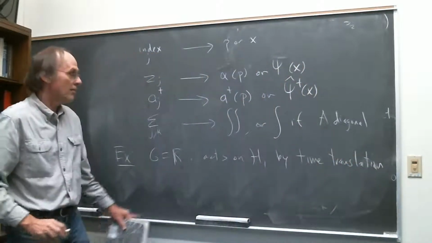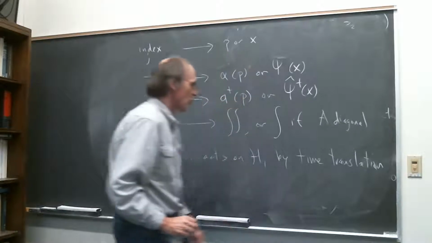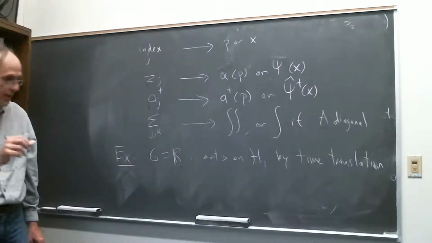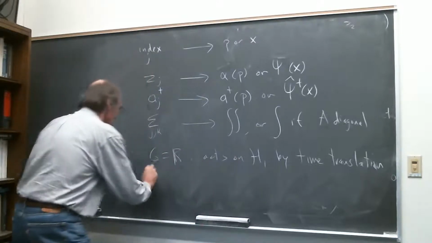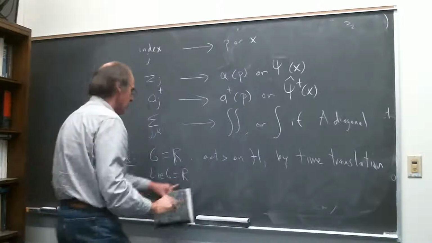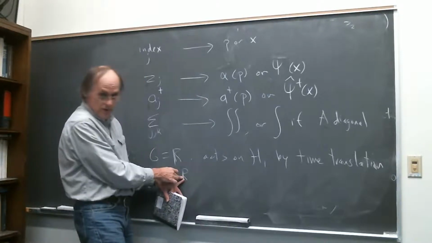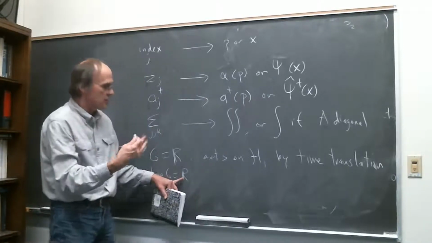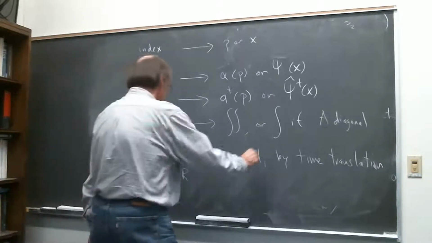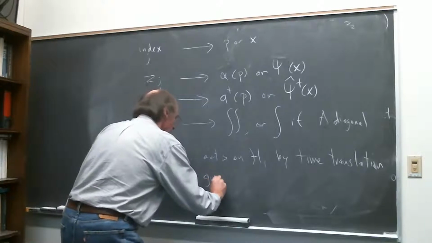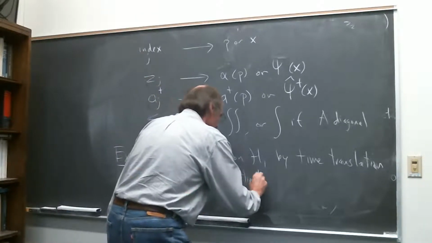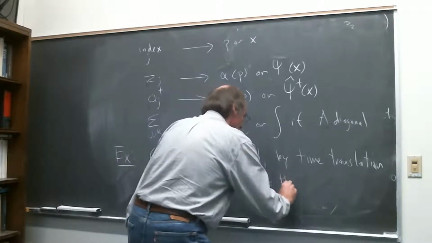Here the Lie algebra of G is just R, so there's going to be one direction, and you're going to want to produce one operator, but that operator is the Hamiltonian. So this gives, ultimately, the Hamiltonian